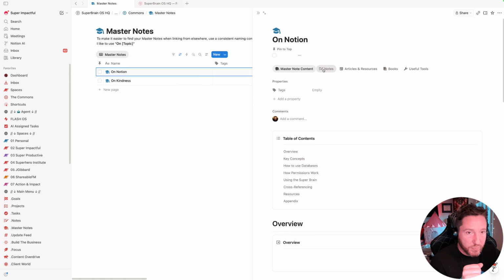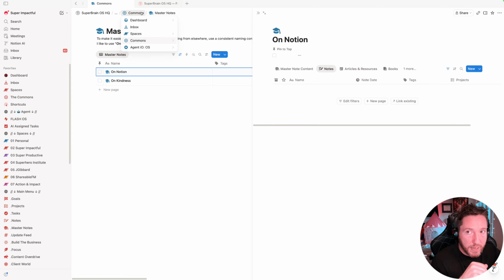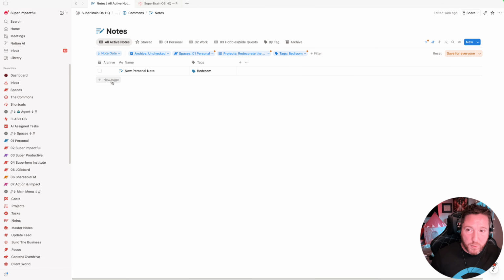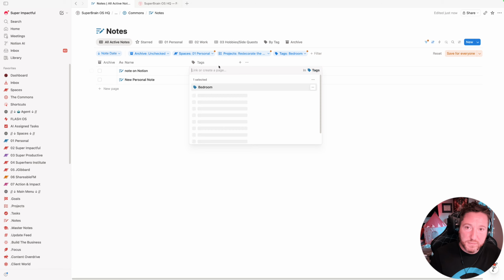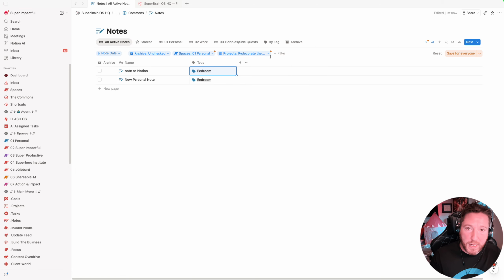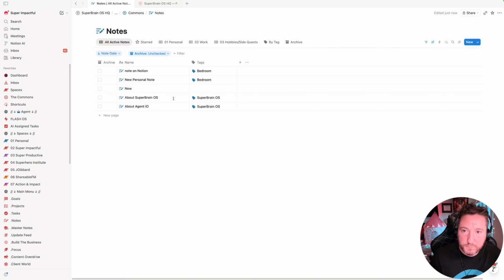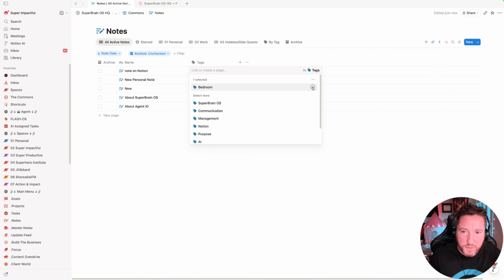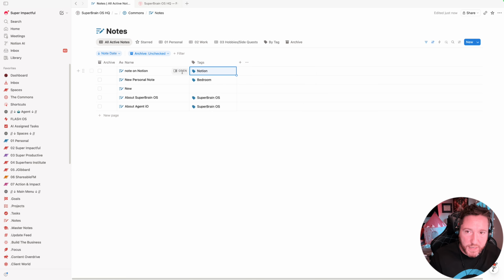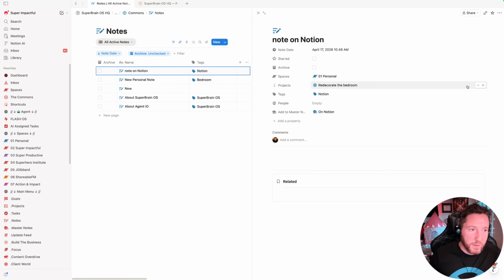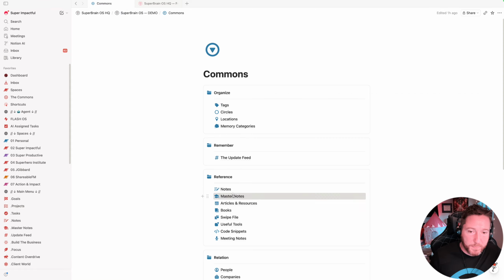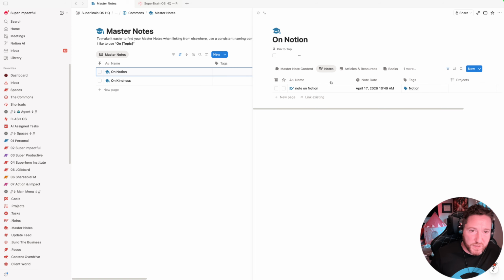But the idea is, if I have a note that is related to Notion, so going back again into notes, if I were to have a note on Notion, I could then take this, and I need to turn off all of these from the last time. I would be able to then give it the tag of Notion. And then I might decide that this is so important that I want to connect it to the master note on Notion. Okay, so then when I go back to my master notes now, I'm able to see inside of this, because